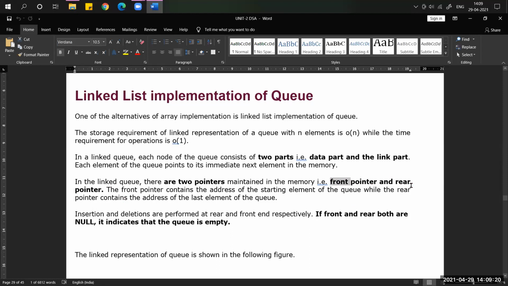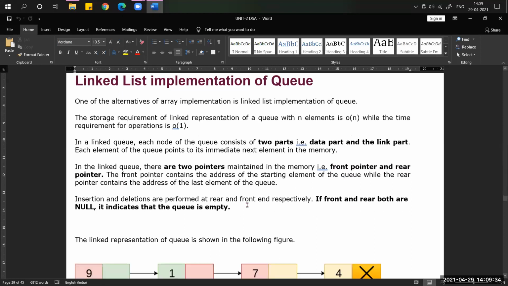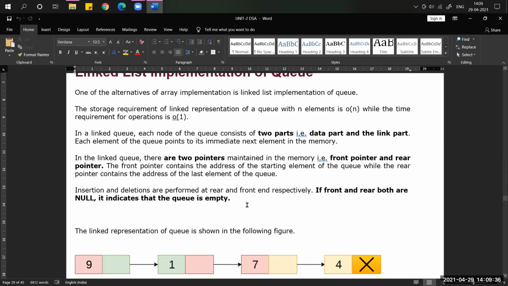When it comes to the insertion operation, you can do it at the rear variable. Let's see with one example and code also.